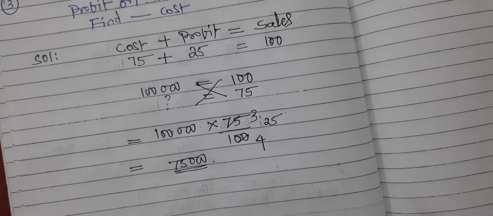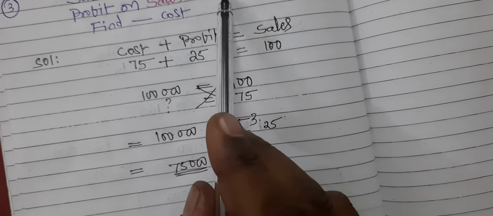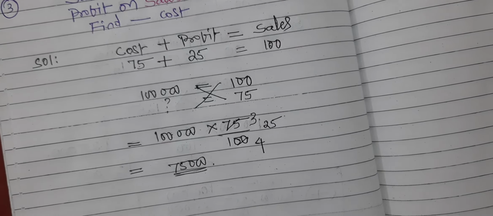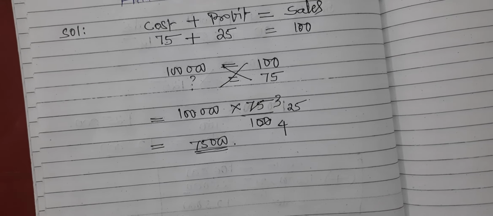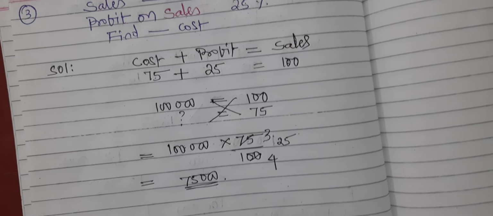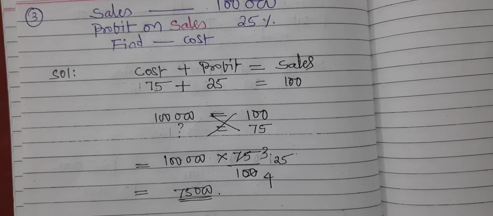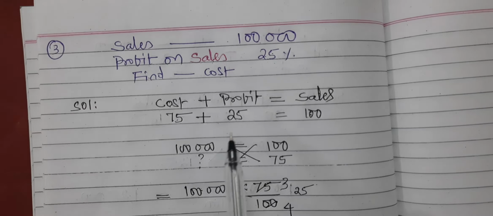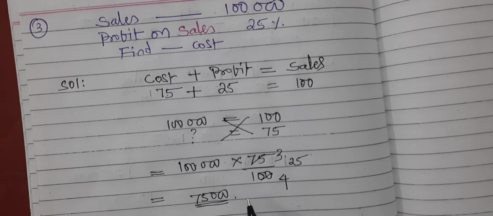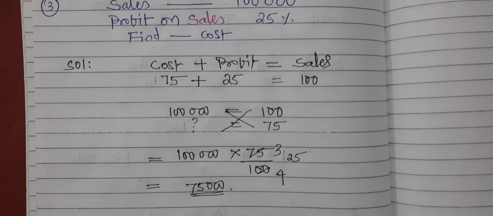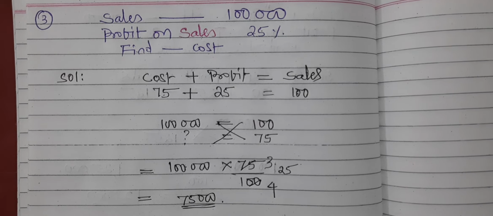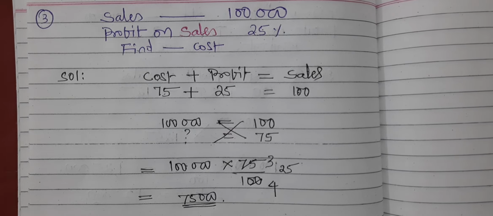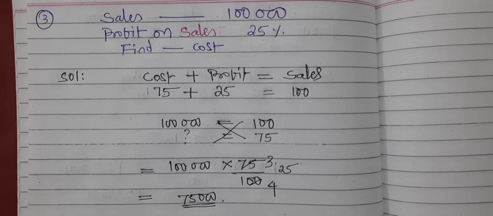Getting it? Yeah, you can do it in a simple way also. 1 lakh into 25% is 25,000. That profit you deduct from the sales, that is equal to 75,000. I told you now, that is not always possible. When you have practiced and become an expert, you can do it directly like that also. So in the learning stage, better you follow these simple steps, then you'll understand. Once you understand the topic, you can simplify the problem, even better than me.